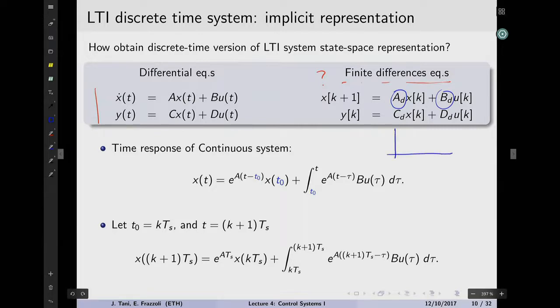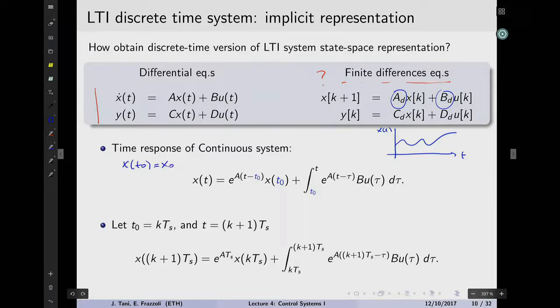Keep in mind what a continuous time signal is. Say this is x of t. And when we actually showed at the blackboard how to derive this explicit representation, this x of t is equal to blah, blah, blah, we made the assumption that the initial time from where we were starting this calculation was t naught equals 0, okay? Of course, we could have left it general. We just said, let's make it 0 for simplicity of calculation. But if we had kept it just a parameter, said, okay, well, let's call the initial time t0, and x of t0 is the initial condition x0, then it would have looked like this, okay?